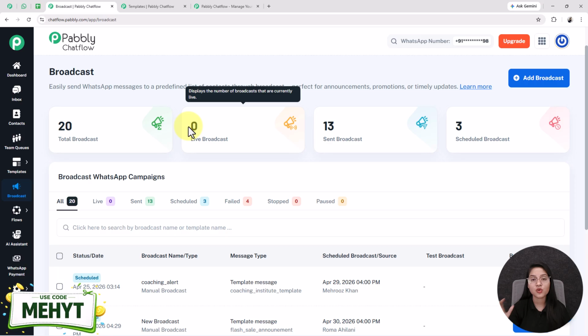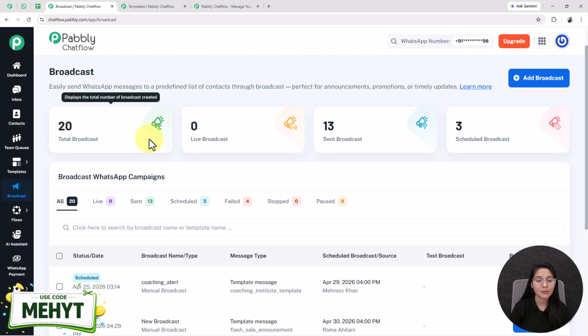And the first and most important step is to add your WhatsApp number in your Pabbly Chatflow account. We have already created a separate detailed video on how you can add your WhatsApp number in your Pabbly Chatflow account. After reaching the dashboard, you have to come towards this broadcast feature. See, the process is simple and it does not require any technical setup. After coming to this Pabbly Chatflow broadcast page, you have to click on this plus add broadcast button,